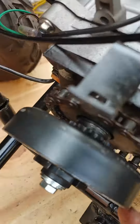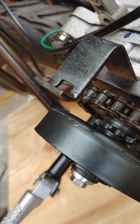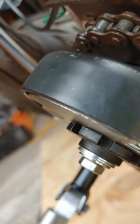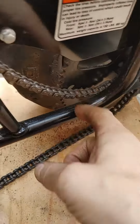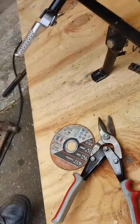Here's the centrifugal clutch, and as you can see, it is not connected to this chain whatsoever. It doesn't make contact with this gear down here. That's a 420 chain, and that's a 35 teeth. So see, this will still turn the chain to turn the wheel, but this turns this smaller gear, which turns